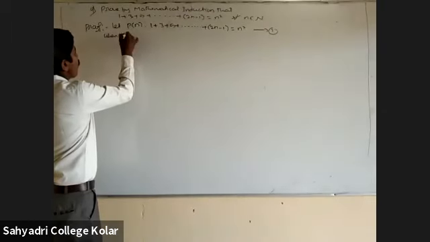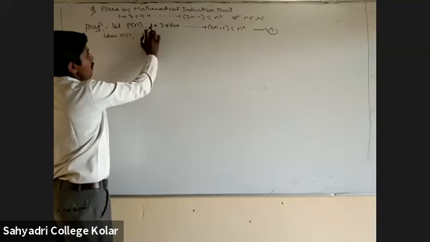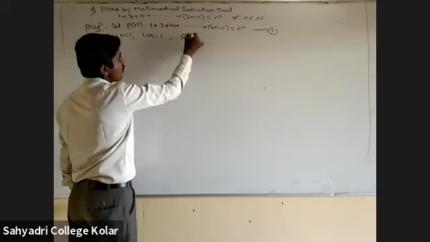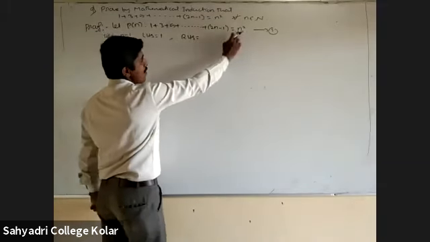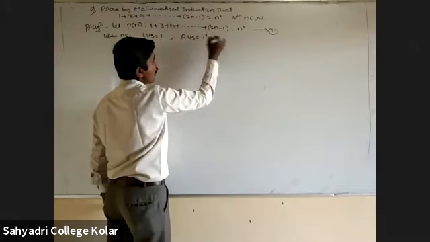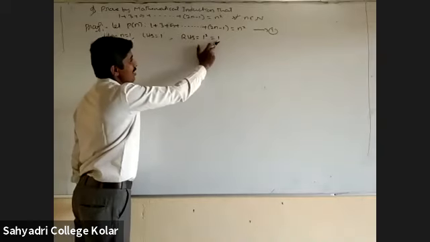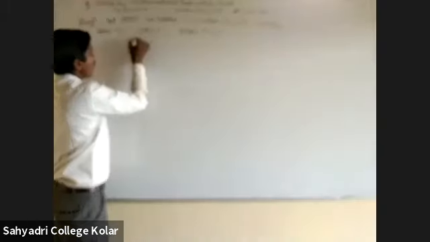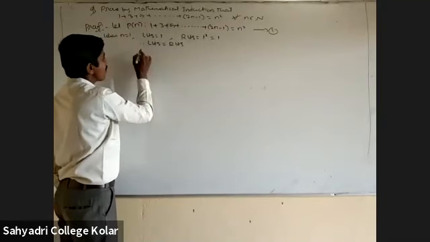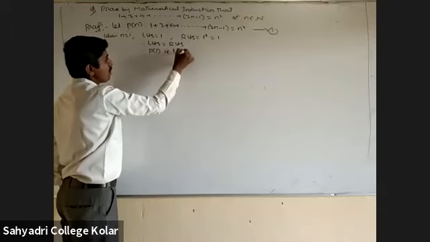When n is equal to 1, LHS becomes the first term of the series, which is 1. Substitute n is equal to 1 in RHS. RHS is n square, with n equal to 1, so 1 square is equal to 1. LHS is equal to 1, RHS is equal to 1. Both are equal. Therefore, LHS is equal to RHS. Therefore, P of 1 is true.